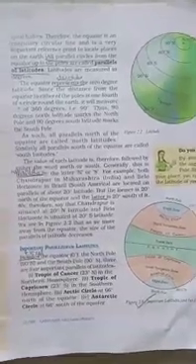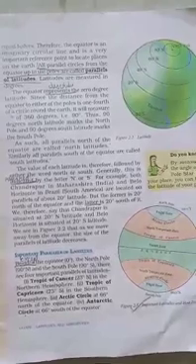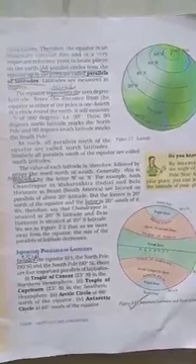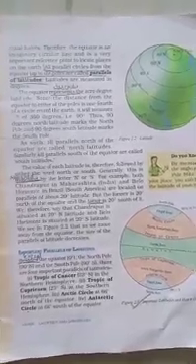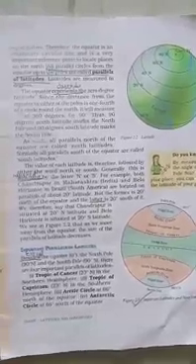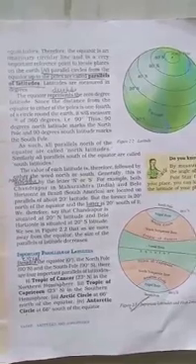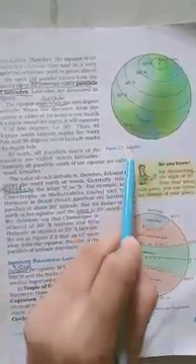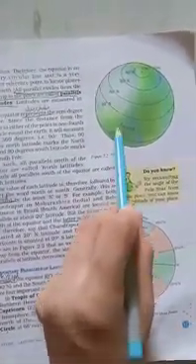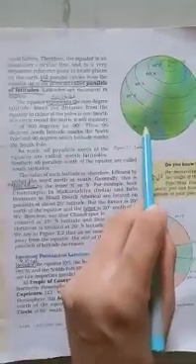For example, both Chandrapur in Maharashtra, India and Belo Horizonte in Brazil, South America are located on parallels of about 20-degree latitude, but the former is 20 degrees north of the equator and the latter is 20 degrees south of it. We can therefore say that Chandrapur is situated at 20 degree N latitude and Belo Horizonte is situated at 20 degree S latitude. We can see in figure 2.2 that as we move away from the equator, the size of the parallel of latitude goes on decreasing. You can observe it carefully.